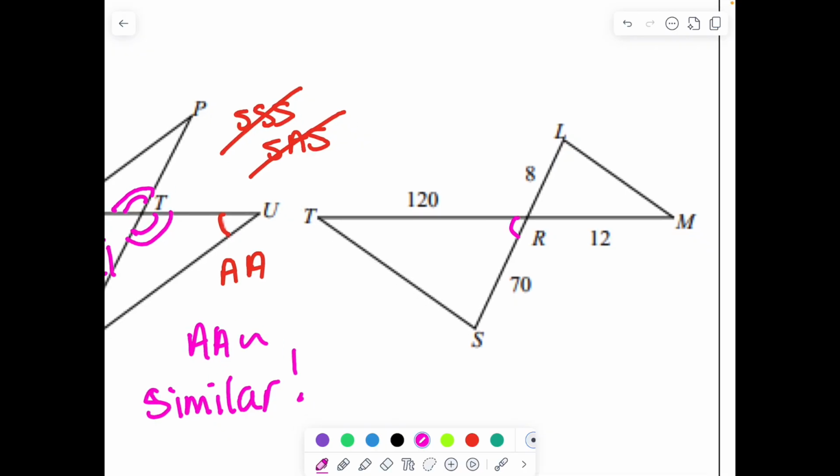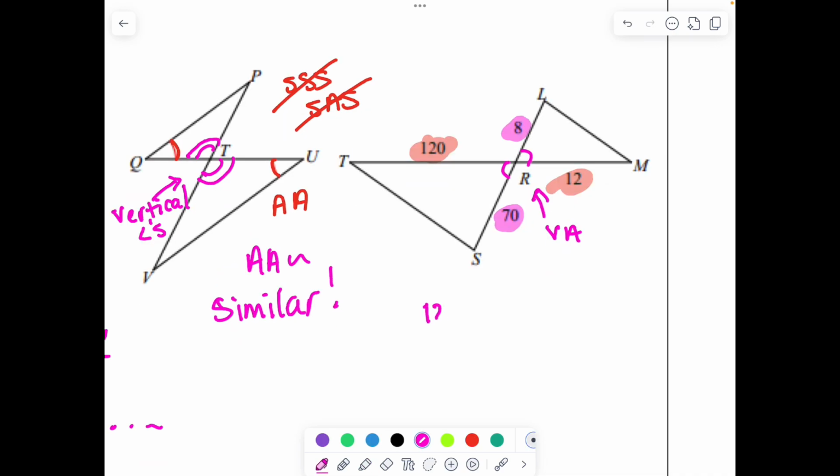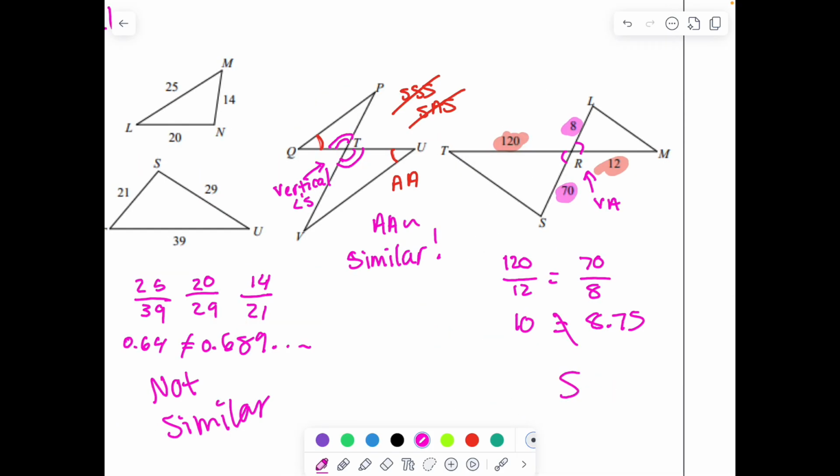All right, this could be side-angle-side. I see that we have equal angles right there. Vertical angles again, right? Vertical angles. Let's check to make sure the sides are proportionate. Is 120 divided by 12 equal to 70 divided by 8? Let's check. 120 divided by 12 is 10. 70 divided by 8 is not 10, obviously. It's 8.75. Those are not equal, so these triangles are not